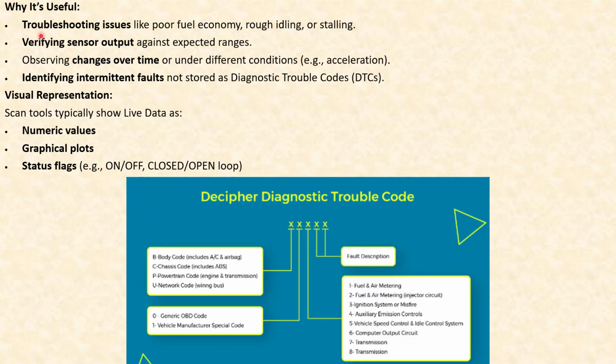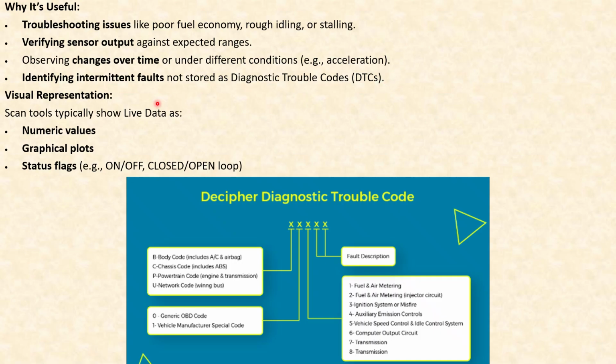Now, why is it useful? For troubleshooting issues like poor fuel economy, rough idling, or stalling, because this proactively shows all the various parameters at a given time. You can immediately identify the root cause of problems like poor fuel economy, rough idling, or stalling. It is also useful for verifying sensor output against expected ranges, observing changes over time or under different conditions, and identifying